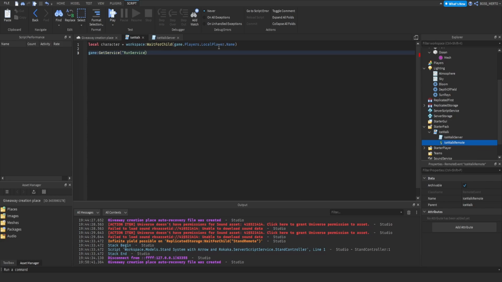So, while true do. I know this is a pretty unpopular method. We could also do run service render stepped, I think, was it? So we could also do it this way. This literally has the same meaning as while true do. It is also some kind of loop. Now if character,